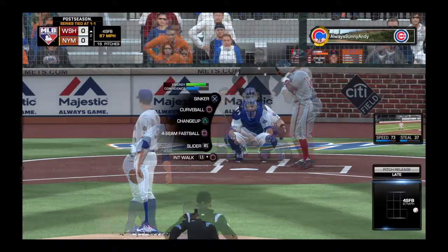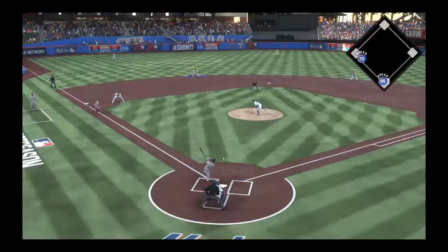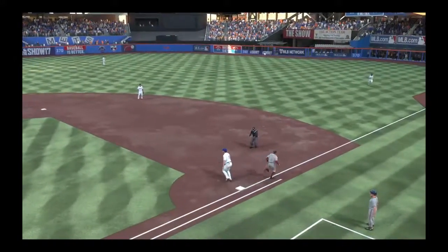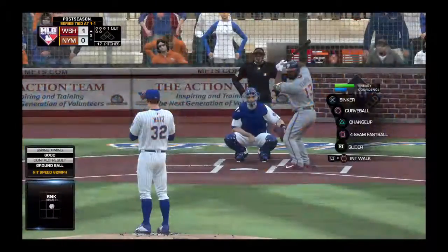And this one's too far inside, ball 2. The 2-0 on the way. Hit to short. Rosario over to his left. Only play will be to first, as we'll see our first run score here, as this is a 1-0 ball